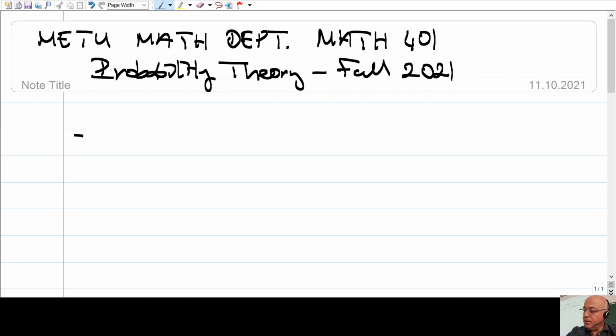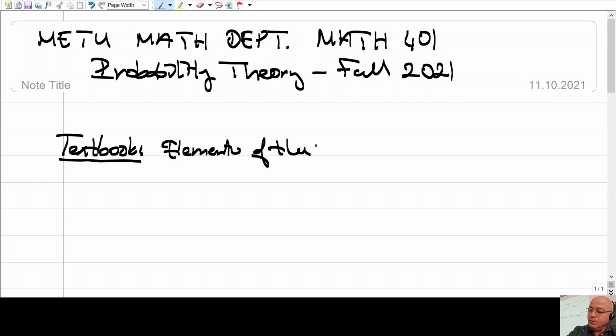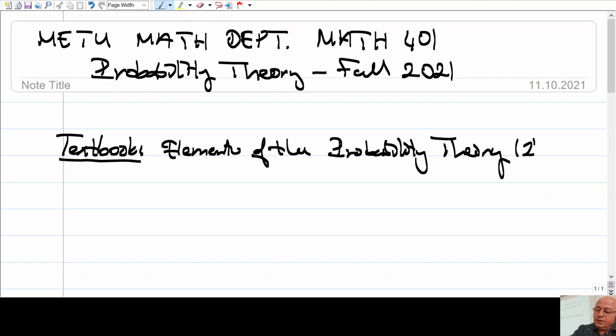Let me tell you the textbook that we will follow. You may find this in the bookstore: Elements of the Probability Theory, second edition,